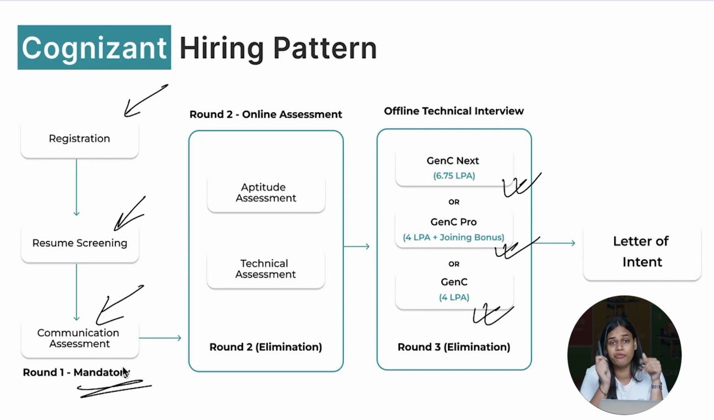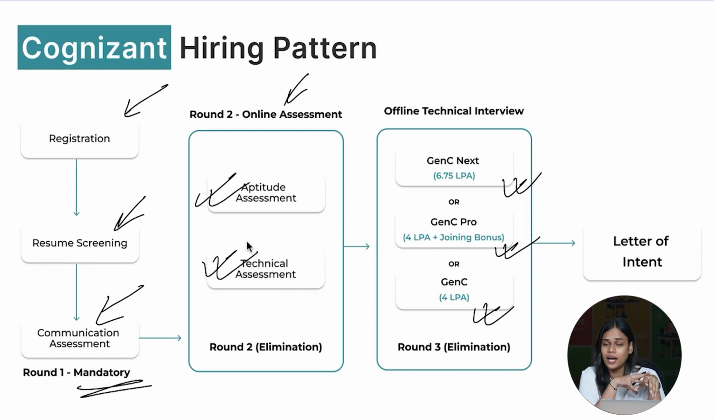So make sure that you're performing really well, up to your utmost best to get selected. Next is your online assessment. Now, this particular online assessment is a combination of 2 subsections. First is the aptitude assessment, and then the technical assessment. Again, an elimination round, and compulsory for you to attend, be it for Gen Z Next, Gen Z Pro, or